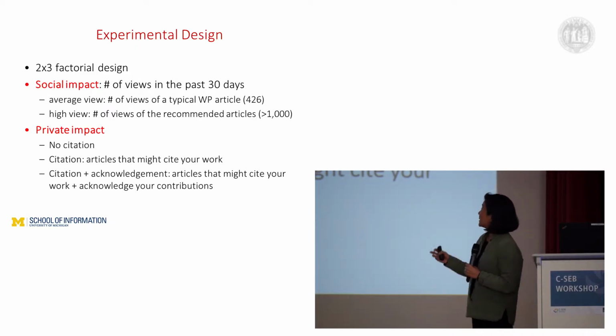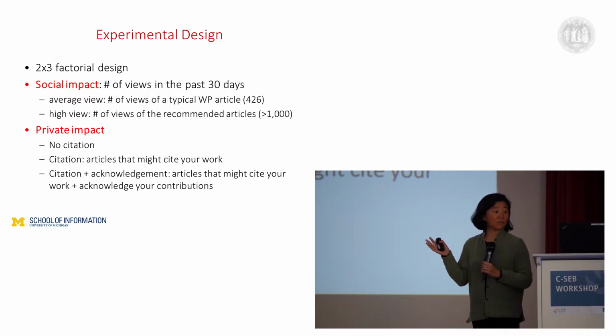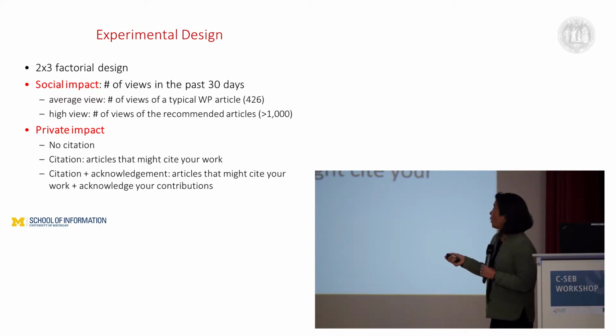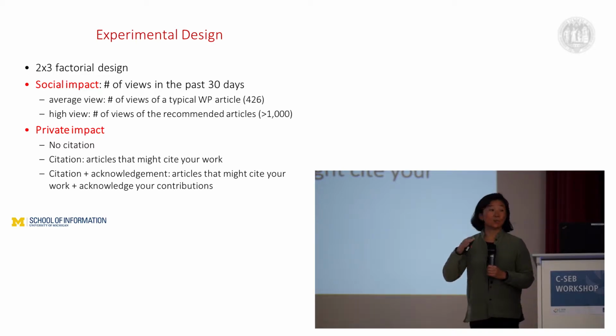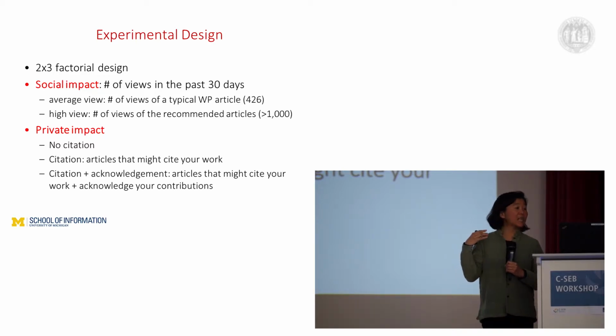So what we did, this is the precise experimental design. We did a 2x3 factorial design. On one dimension, we vary the social impact, and that's the number of views in the past 30 days. In one condition, we say that the number of views of a typical or an average Wikipedia article in the past 30 days is 426, which is the real statistic. We actually crawled